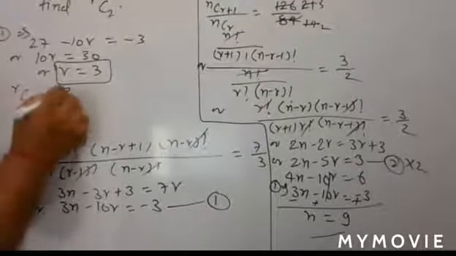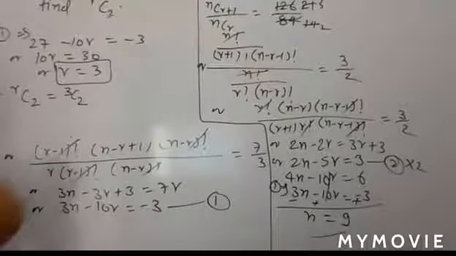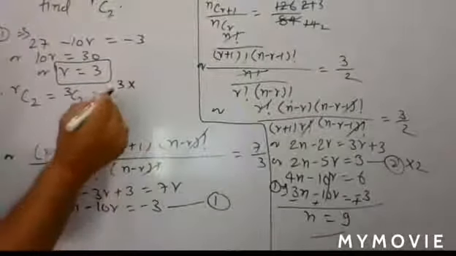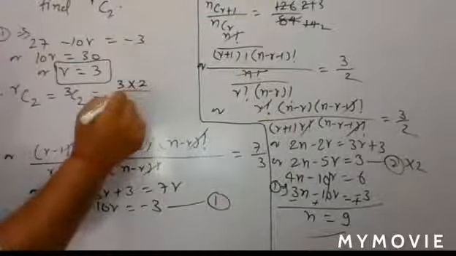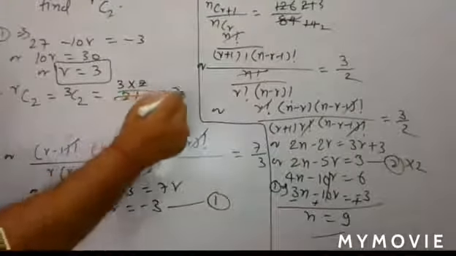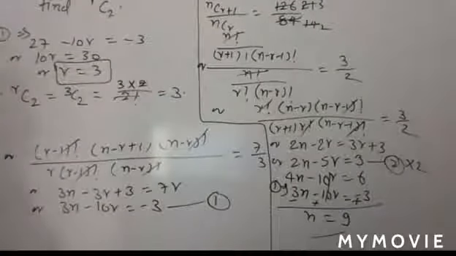RC2 means 3C2. You have to find the value of 3C2. The value of 3C2 is obtained like this: you start with 3 and form 2 factors, so 3 into 2 divided by 2 factorial. 2 factorial is also 2, so that cancels. So your result is 3. Your final value of RC2 is equal to 3. Note it. Sometimes such types of questions are also there, of 2 or 4 marks.